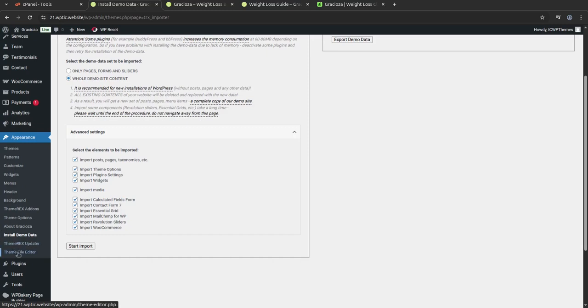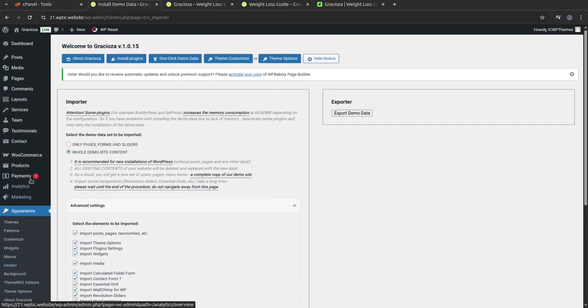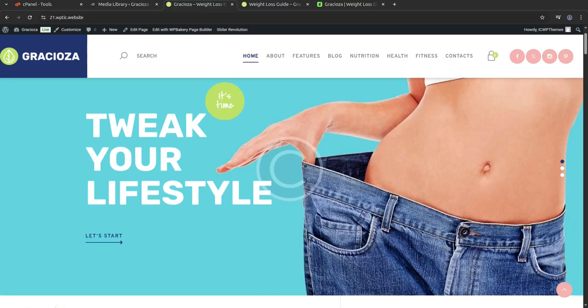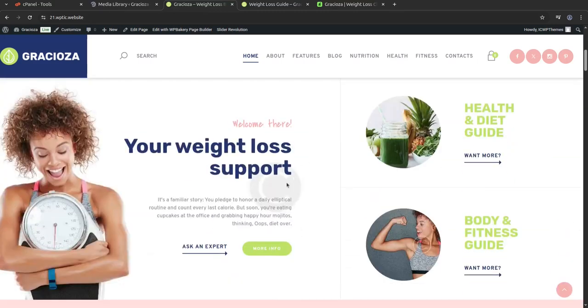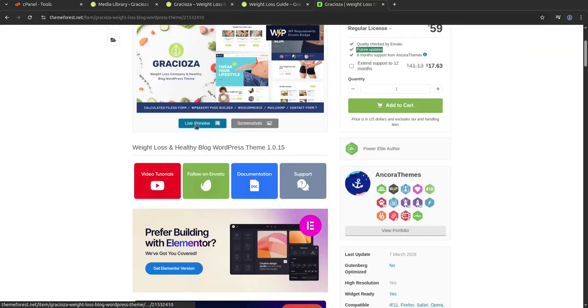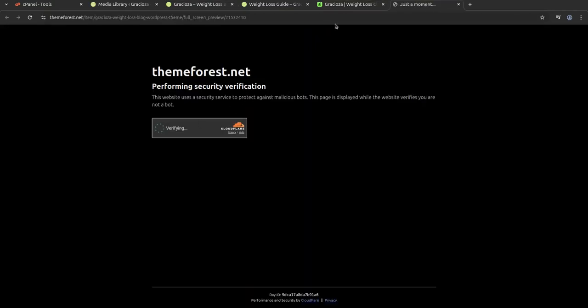So what can be next? Theme Rex updater and the file editor. I must show you the media items that we got in the demo import. However, all the media images are copyright marked, so we cannot use the images exactly. Just in case you are willing to use any particular image, you can download it from the actual demo that can be reached through the